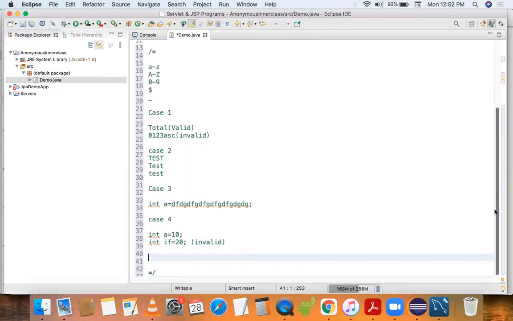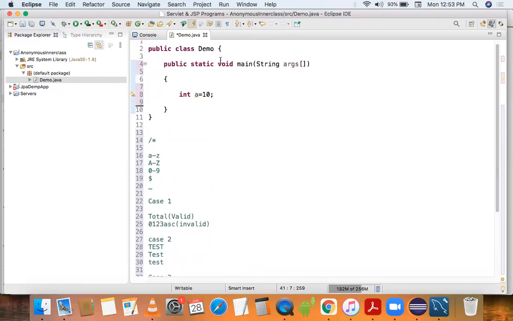Fifth rule, case fifth. All predefined classes and interfaces we can use as an identifier. For example, suppose I declare integer a, so this is valid.